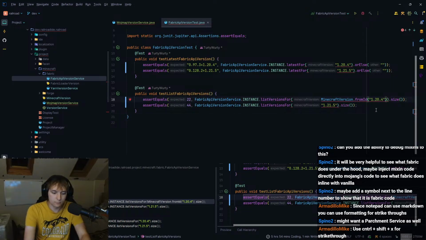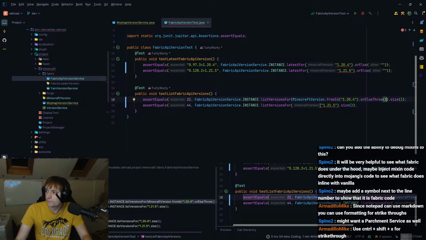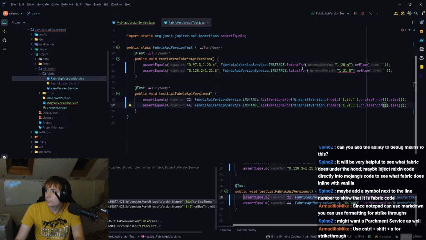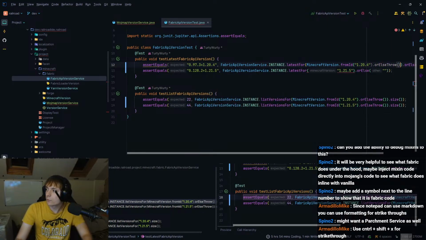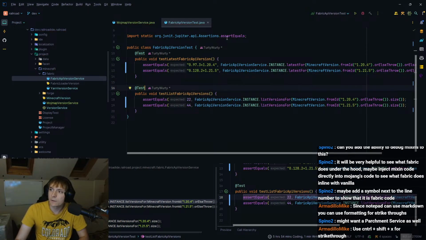Okay. Minecraft version dot from IDE, or else throw. That should just fix those. That's fine.